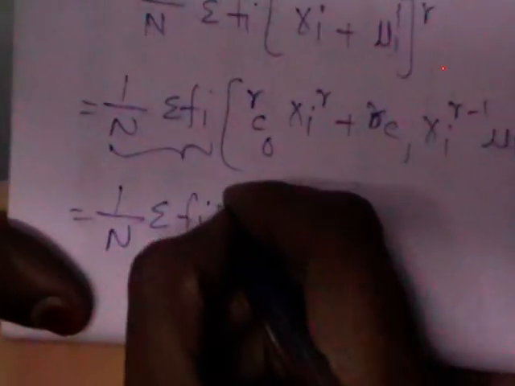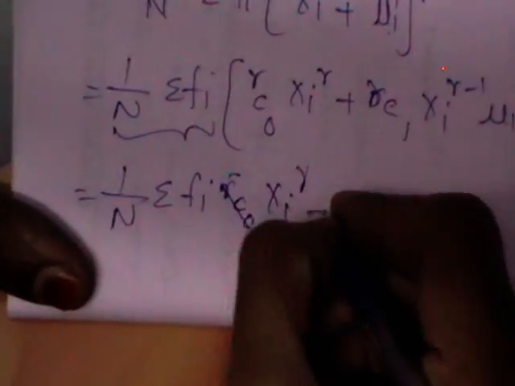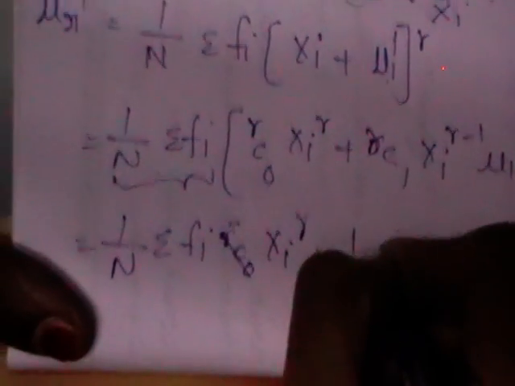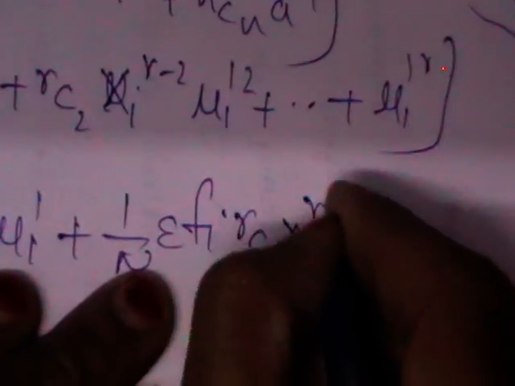So again 1 by n sigma Fi is for all the terms. Let us multiply this 1 by n sigma Fi to all the terms. What is rC0? It is 1, plus 1 by n sigma Fi rC1 xi power r minus 1 mu1 dash, plus 1 by n sigma Fi rC2 xi power r minus 2 mu1 dash square, plus and so on, 1 by n sigma Fi mu1 dash whole power